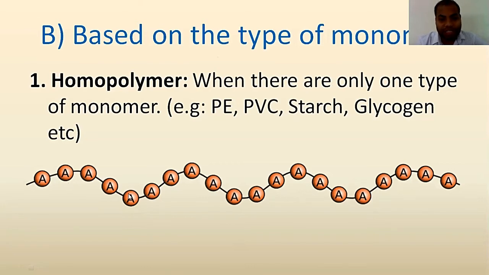They contain the same kind of structure, that is polyethylene, polymer of ethylene. So an ethylene molecule is there. It is nothing but the polymer of ethylene, that's why polyethylene. Polyvinyl chloride, so vinyl chloride is there. So a single molecule in this monomer that contains the repetitive units of this single molecule, that is homopolymer. Starch and glycogen contain the monomer of glucose. So glucose is the single unit of this polymer, which has a chain or branched form.